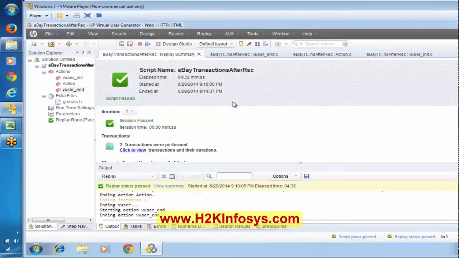Do you agree with me? Did you understand my point? Say you have login, sending email, and logout, and login itself failed. In that case, there is no meaning in continuing with sending the email and logout, because login itself failed. So technically, in terms of LoadRunner, if the login transaction failed here,